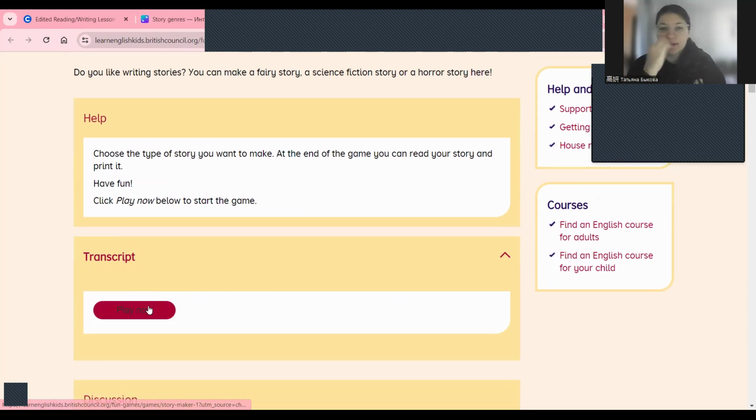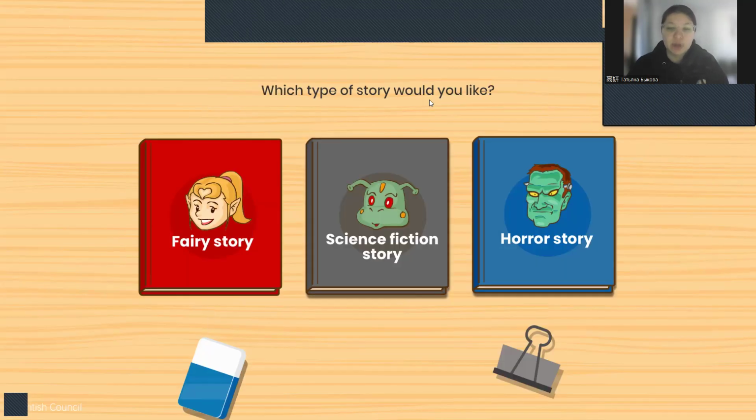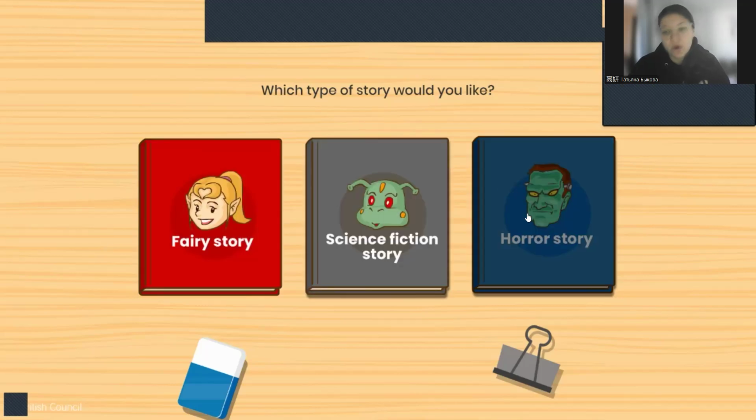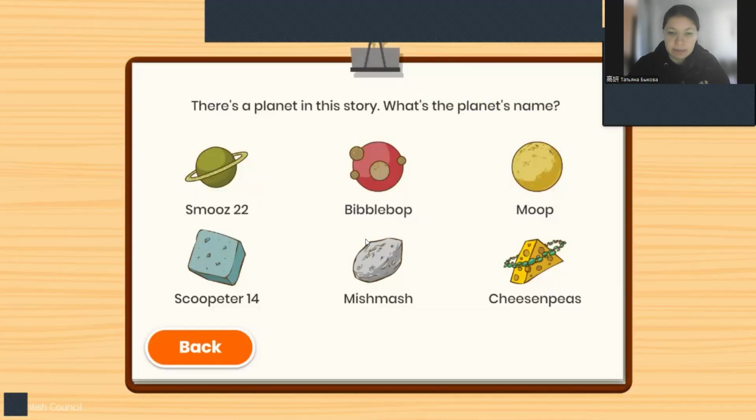So, Storymaker 1. Let's see which kinds of genres we have here. We have fairy story, science fiction story, and horror story. If you click on every element, it will give you other elements. You can put them together, and in the end, they will create a story.